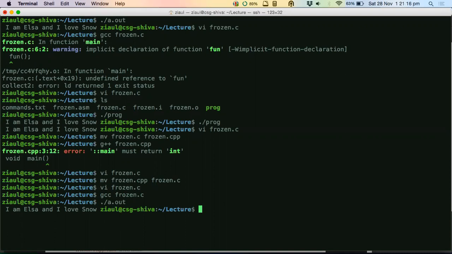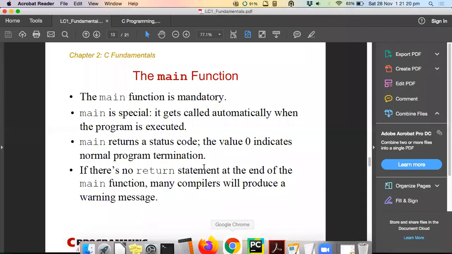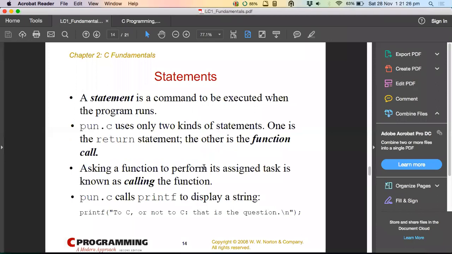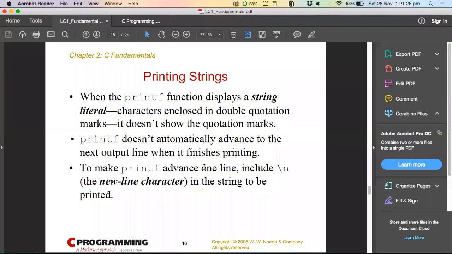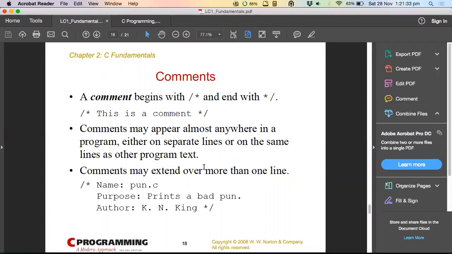Okay, thank you. So guys, we are officially at the end of today's lecture. I think I have covered enough of all the basic things that go in a C program: statements, return, main, include, semicolon. I think you know about comments, right? Do I have to explain what comments are? Comments are some text that you put in your program. That's all.